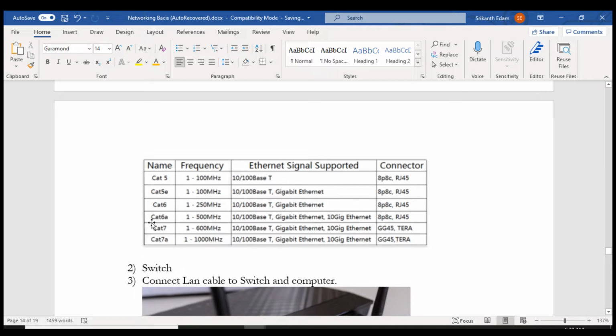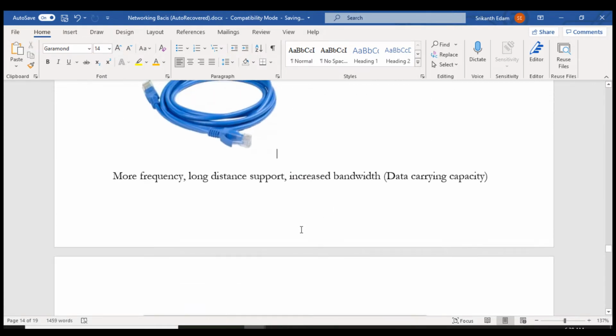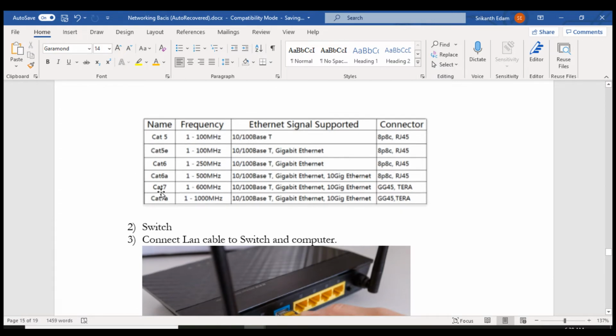Now we have Cat 6 and 6A. It will have more frequency, more data carrying capacity, increased bandwidth and long distance support. And later we have Cat 7 and Cat 7a cables, which are not used in LAN networking.